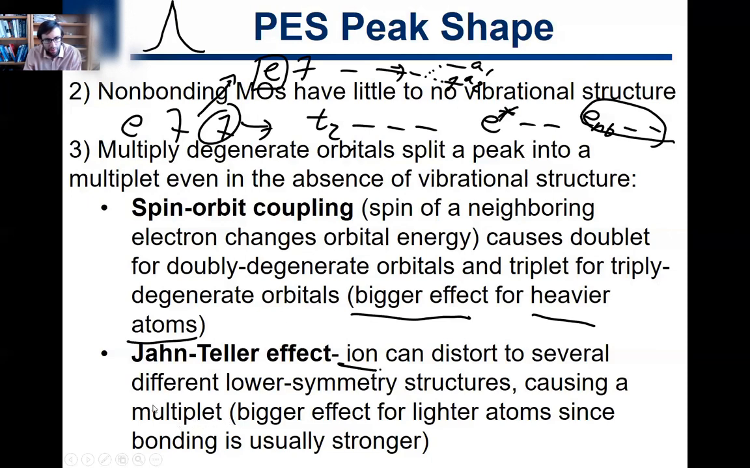Okay, it's a little bit harder to predict exactly what type of multiplet. But this will be a bigger effect for lighter atoms. So it's the exact opposite of spin-orbit coupling, which has a bigger effect for heavier atoms. Why is it a bigger effect for lighter atoms for Jahn-Teller? This picture here is all about bonding and anti-bonding, right? It's about MOs. And